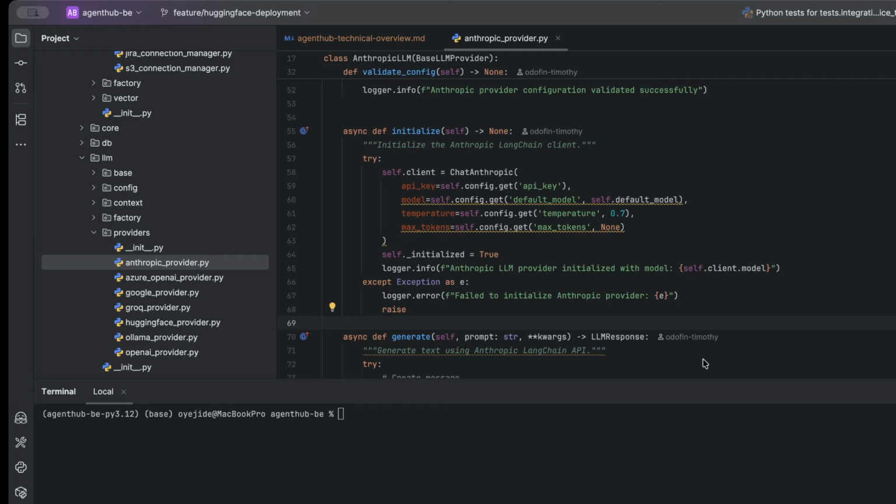Today, I'm diving into one of the most important architectural decisions in this framework. How do I design it to support multiple LLM providers without coupling my code to a specific provider's APIs? This abstraction layer is what allows you to switch from OpenAI to Anthropic with a configuration change instead of a